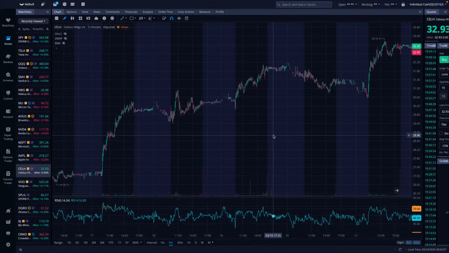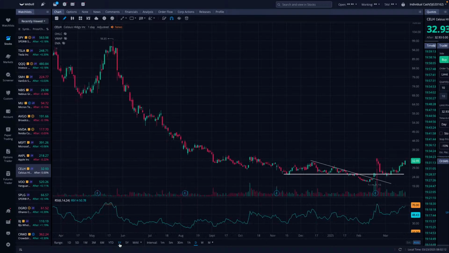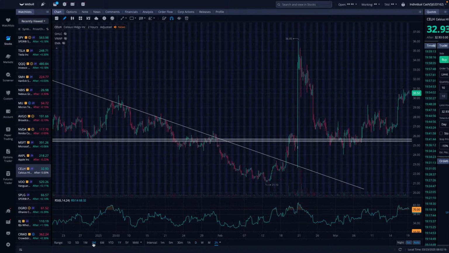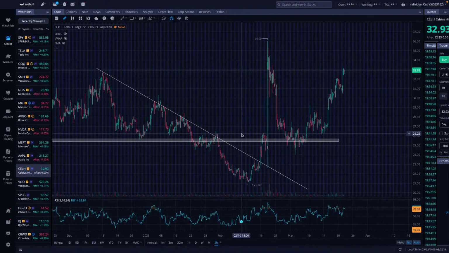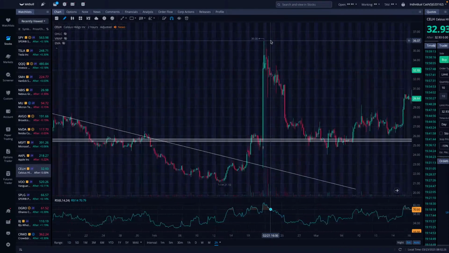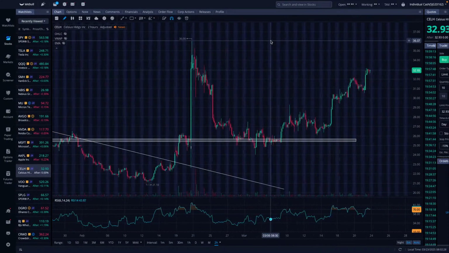Celsius stock. This stock is starting to move forward. It's moving up. It's always after you sell, it starts to move up, it seems like. Sold these guys basically for break even. Just was tired of waiting. And hitting that 21 low just really surprised me. 21 up to 36. I was like, okay, this is getting very volatile. This definitely isn't the best stock to be trading here. And then now it's starting to show.